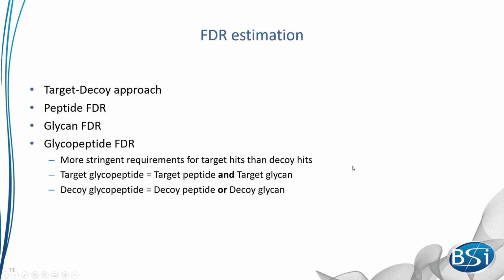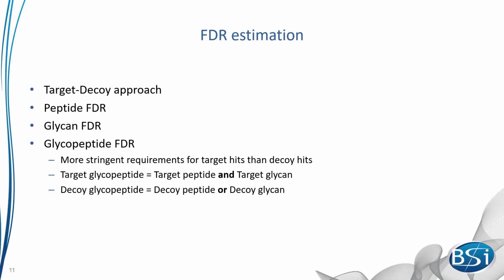All right, and we also provide some FDR estimation. For the actual unglycosylated peptides, we have our typical target decoy database approach, where we take our target protein database and shuffle it, and then append those random peptide sequences to our target database. For glycans, what we do is we create decoy peptides as well as decoy glycans, actually making decoy spectra. What that means is we create decoy